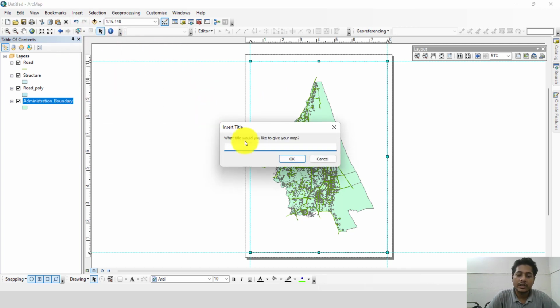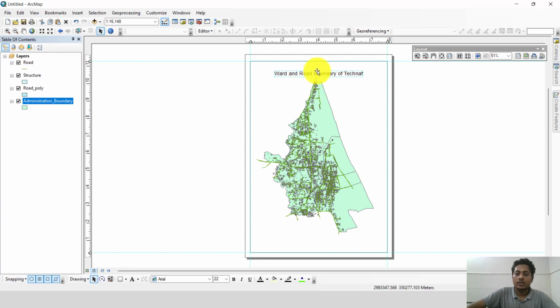title. At first, we'll give the title first, that is ward and road boundary of Technaf. Then we'll click OK. This is our title. We can edit our text, resize our font size and change our font. We'll see that later. At first, we'll basically add all the elements in our map and prepare a simple map from ArcMap. Okay, we'll adjust our title on the map,